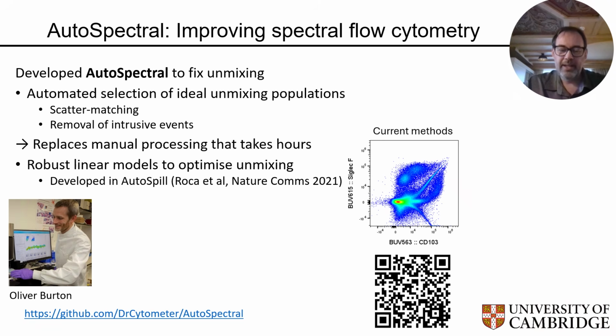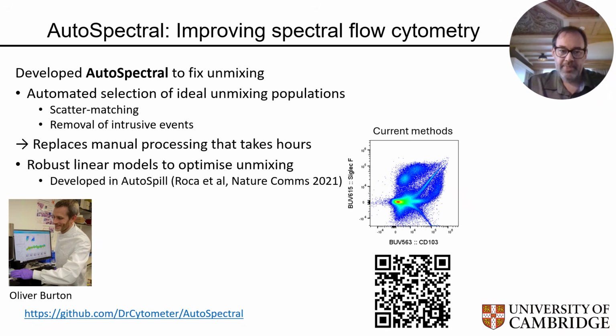It's the type of work that a really skilled flow cytometry analyst can spend hours and hours doing, days even, and it improves the outcome. But we're just replacing all of that manual work with a computational approach. Now, the second thing that we do is we apply robust linear models to optimize the unmixing. This is something that we developed a few years back in AutoSpill, and is now in essentially every commercial software for flow cytometry analysis. And it reduces the error of unmixing or compensation by optimizing that assignment of spectrum to